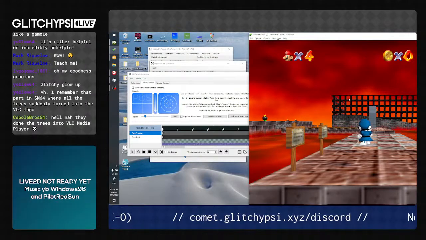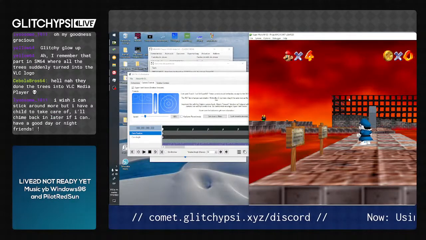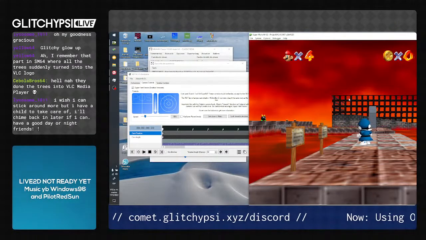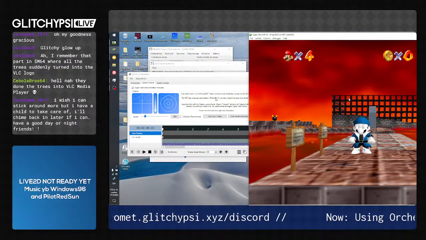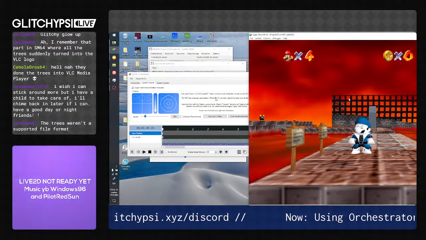Yes, they turned the trees into VLC media player. Okay, let's assume they had fun. Anyways, the camera freezes and you can use this in general instead of the original camera freeze, which by the way you can still use to